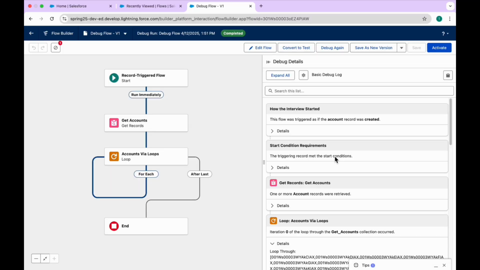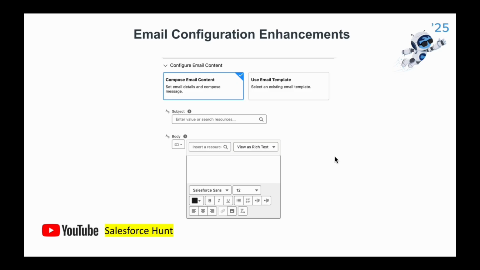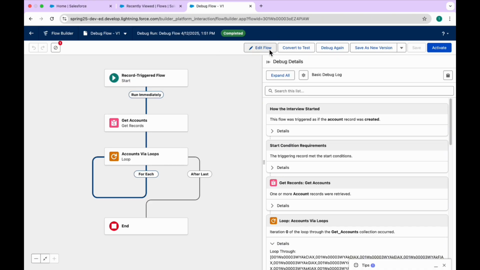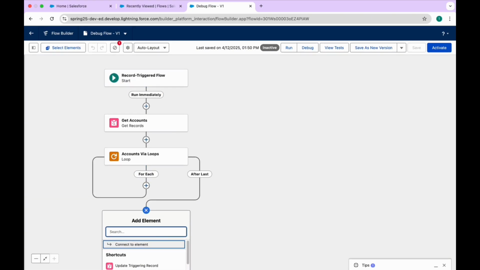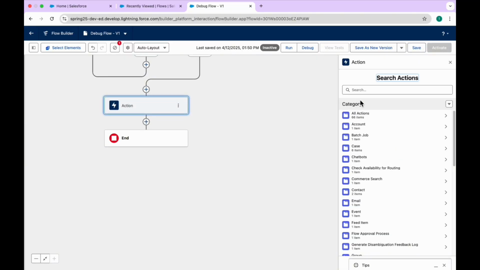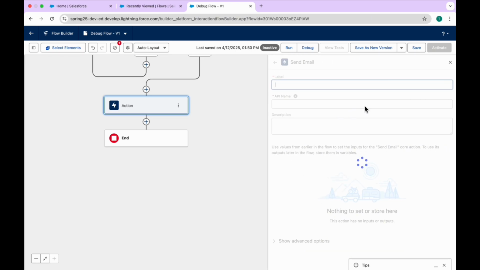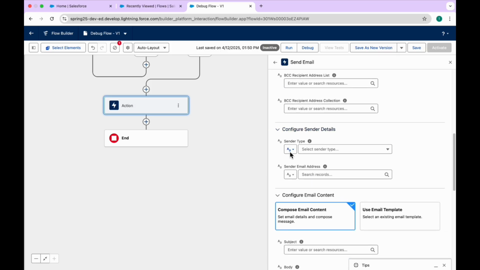So this is also a new feature here. Let me open the next feature, which is the email configuration enhancement. Let's see it in action. Let me click on Edit Flow, and let me add the Action element here. In the action you can see the category, right? This category has the email-related actions, like Send Email, and immediately you can see the enhancement, like